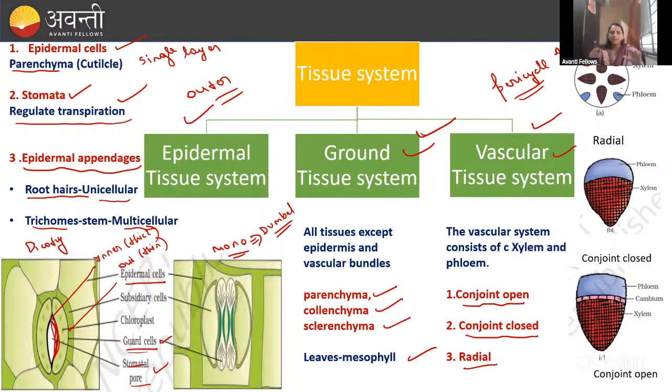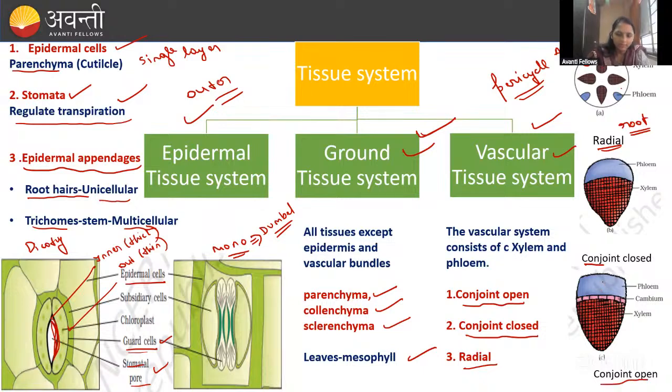For example, if I tell the students to sit in a round, one boy, one girl, the xylem and phloem are sitting like that. So we call that radial, this alternate manner. Mainly we can see that in the root. In the root, we can see the arrangement of the xylem and the phloem as radial. Then coming to the